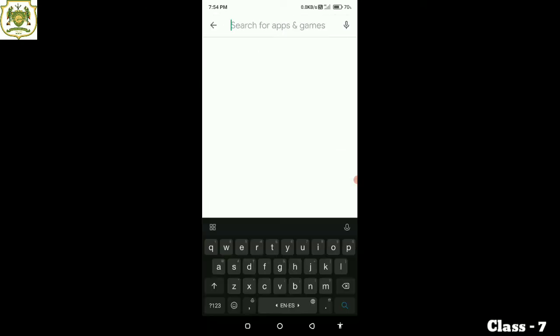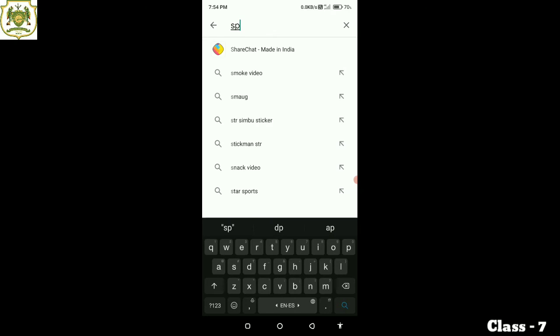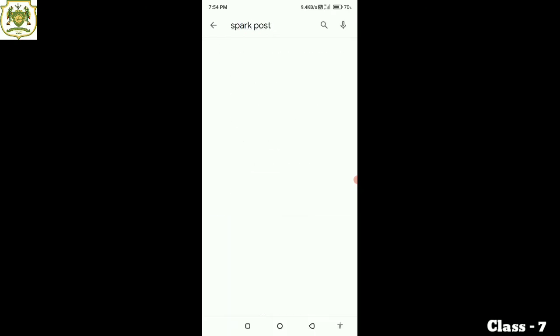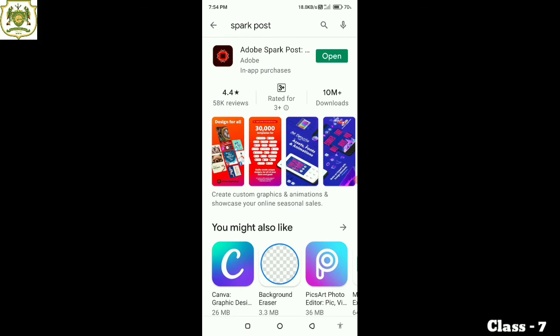In the search box, type Spark Post and then click on search. Now, as it is already installed in my mobile, it is only showing me the option to open it. But in the mobiles or Android devices where it is not installed, it will show you the option to install it. After installing, it will show you the option of open. Now, I am going to open this Adobe Spark Post app.